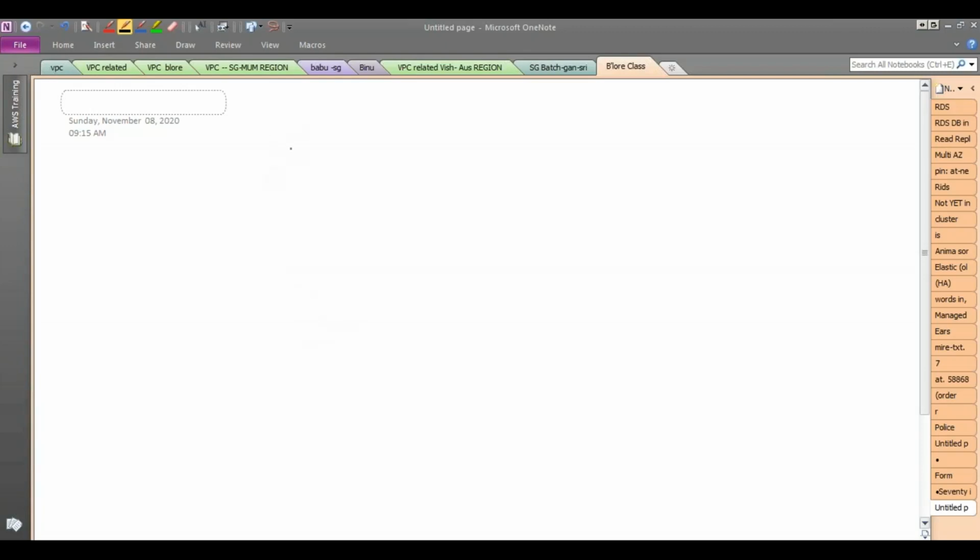Now coming to the little core about security. Okay, so now we'll talk about the credentials, right? So far, how are you accessing AWS? You're accessing AWS from the console, right? And how are you logging in? You're using your email address and password, right? So you created your AWS account using this email ID and password, right?